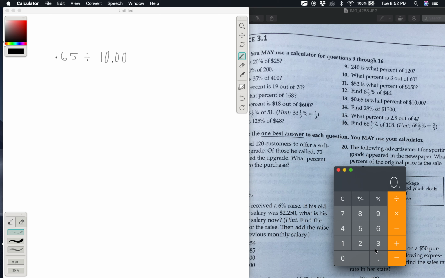So 0.65 divided by 10 equals, let's write this down, equals, well, let's do decimal point, equals 0.065. Okay, so